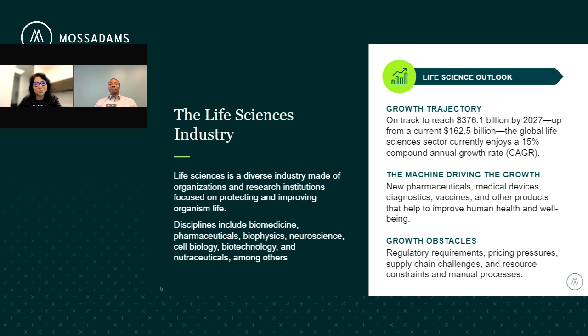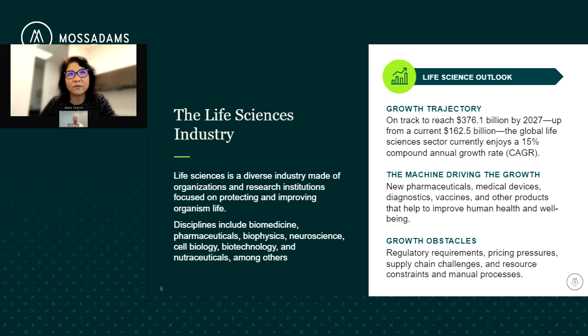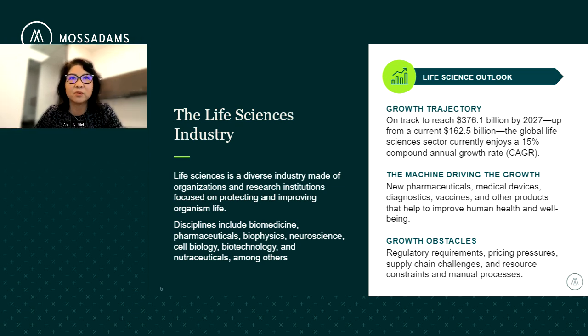We all know the life science industry has been growing rapidly, and it's on track to reach $376 billion by 2027, right? That's a really good growth rate of a 15% compound annual growth rate. It's stunning. With that growth, there's a lot of great ideas and innovations and awesome products to help people's lives and their well-being. And in addition to that, there are also a lot of innovative ideas and solutions to improve animal health and the overall environmental matters that we all care about.